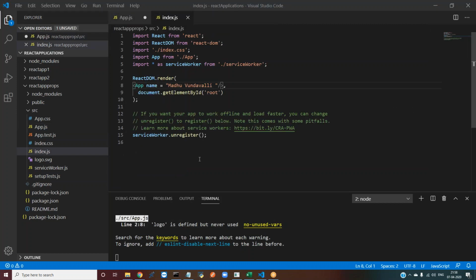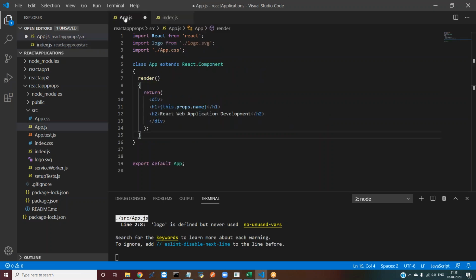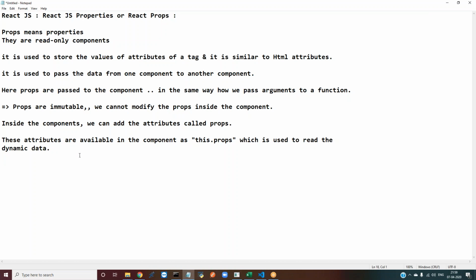So one more important thing we need to discuss. Whenever we are discussing props or properties, it is not necessary to always add props in ReactDOM.render itself. What I told you in the index.js file, ReactDOM.render, here I am passing some value, right? So it is not necessary to do it here itself. The same thing in app.js itself we can also take. So by setting default props, okay, our next concept is default props in React.js. Now we understood how we are going to read the data by using props, right? Now how to set the default props in the component.